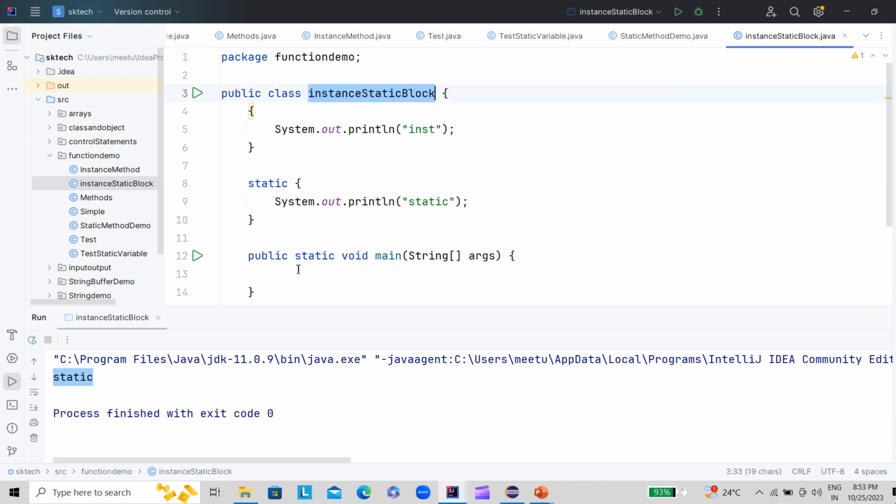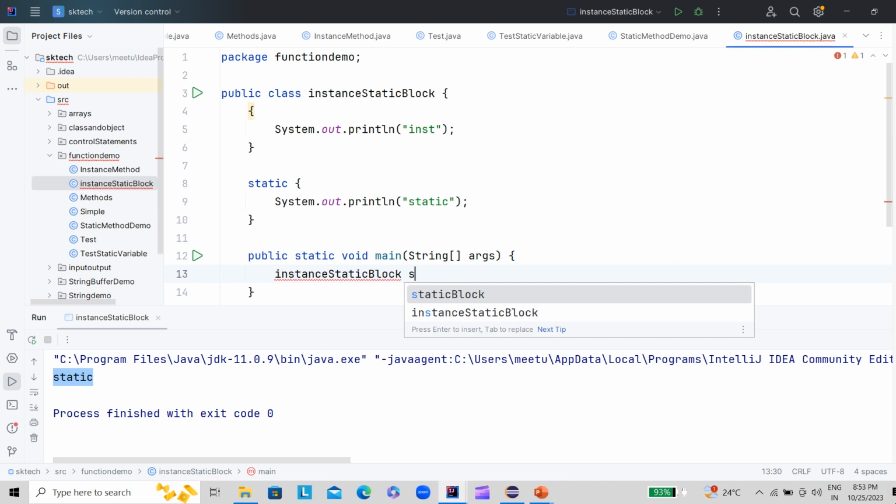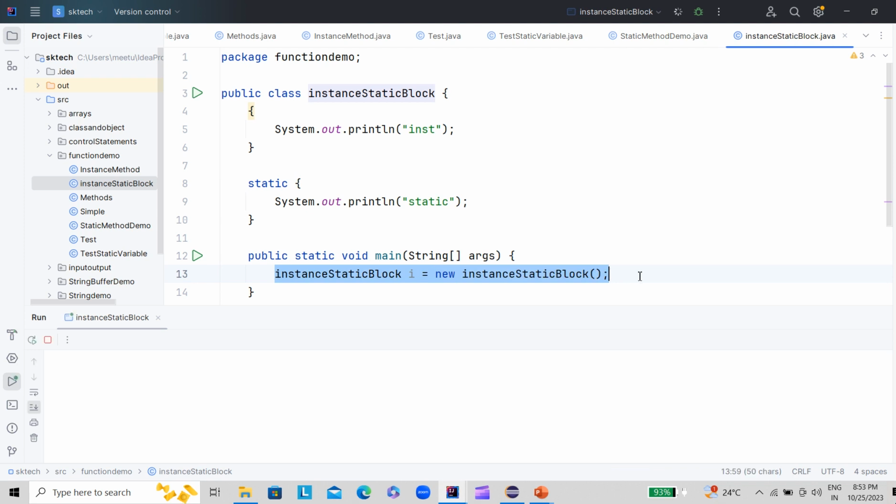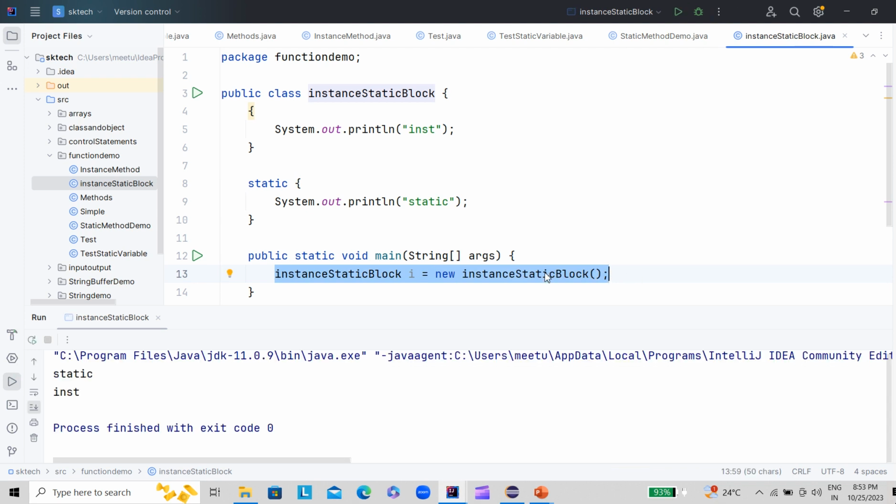So let's say we have created the object of the class like Instance i equal to new Instance. If you run this program, you will see the static block is called first, and then it will come here and find that an instance object has been created, so it is going to call this block. You can see first it printed static, then instance.